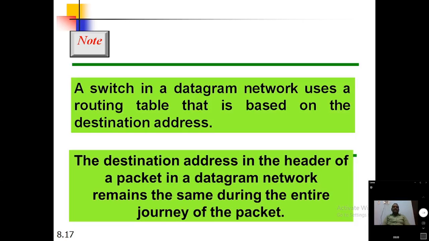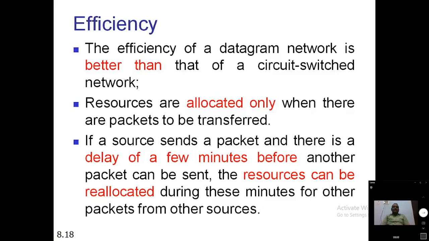Generally, the destination address in the header of a packet in a datagram network remains the same during the entire journey of the packet. So the destination address is not going to be changed during the transmission of your packet. The destination address is always the same from the beginning to the end. So when we look at the efficiency of the datagram network, it is better than that of the circuit